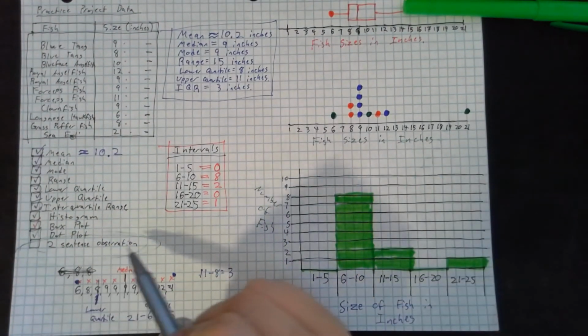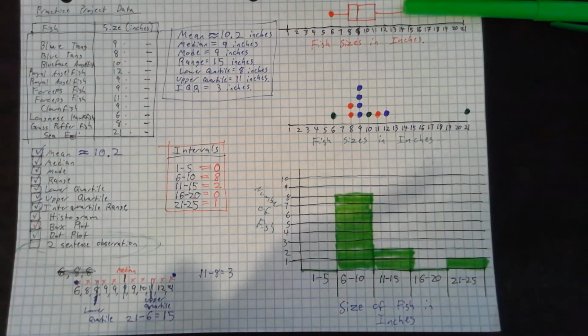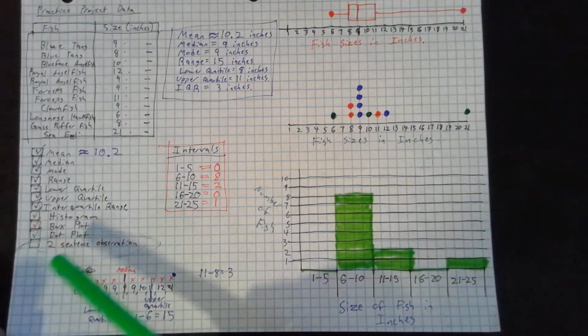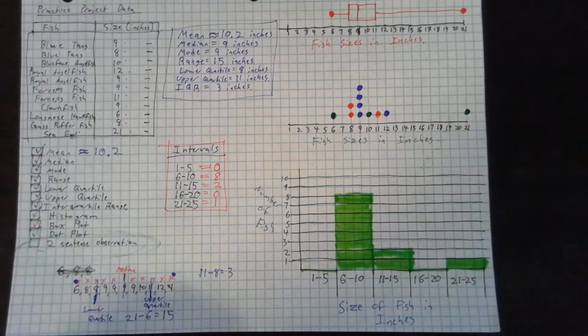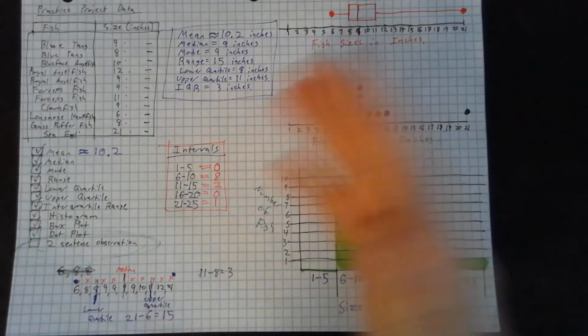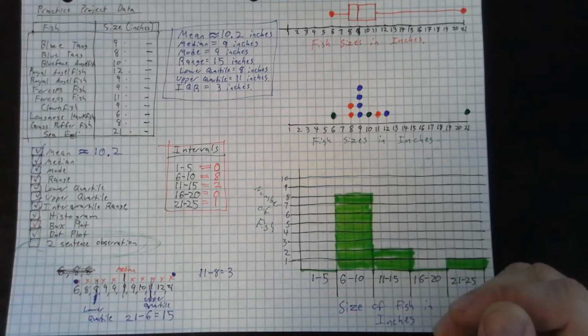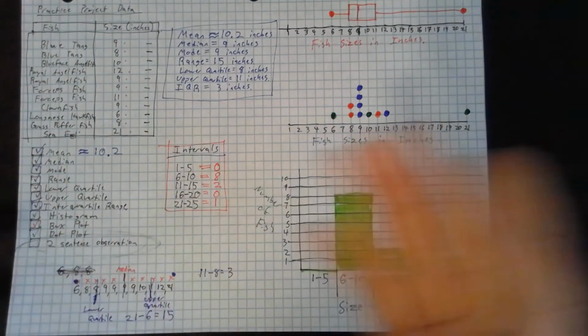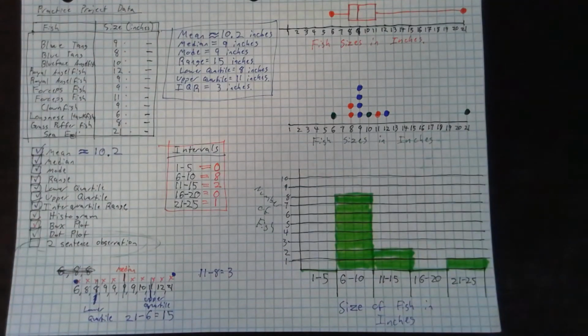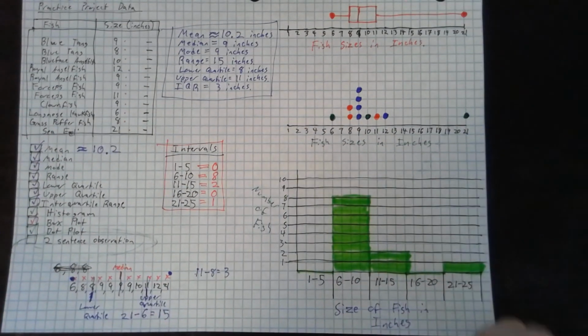For your 2-sentence observation, these are just observations that you can make about your data, and this is the part where I want unique answers. I want you to say things like, I think that such and such fish was an outlier because it was a very different number or a very different animal. I want you to say, I notice my data is skewed left or skewed right. Or if you believe your data is symmetrical, you could say that. You could say,